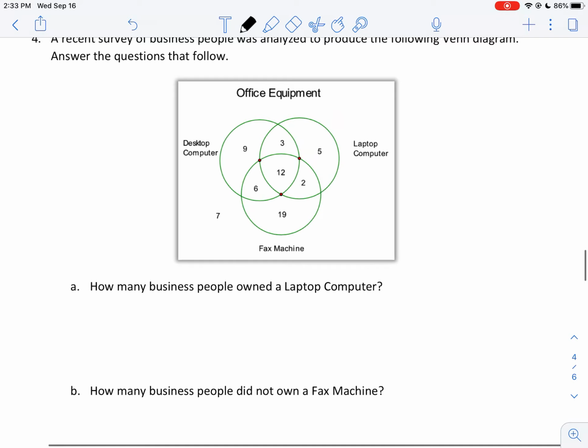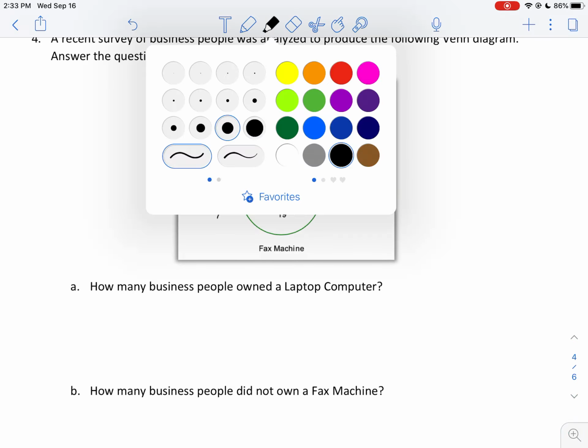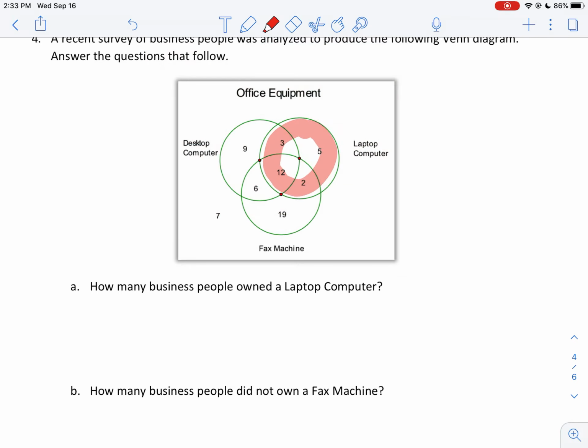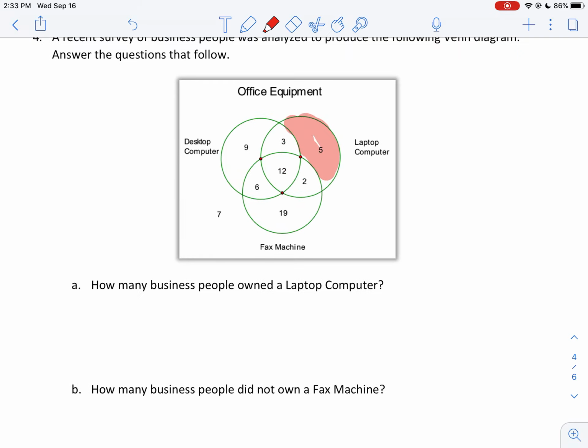So let's see. How many business people owned a laptop computer? Well, a laptop computer is this portion, so we just have to add those four numbers. These numbers represent how many people are in each part: the 5 is how many people are in this part, the 3 is how many are in that part, the 12 is how many are in that part, and the 2 is how many are in that part. So you put them all together, you get that whole circle. 5 plus 3 is 8, plus 12 is 20, plus 2. Looks like we have 22 people